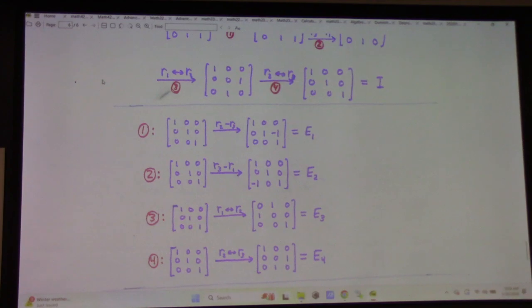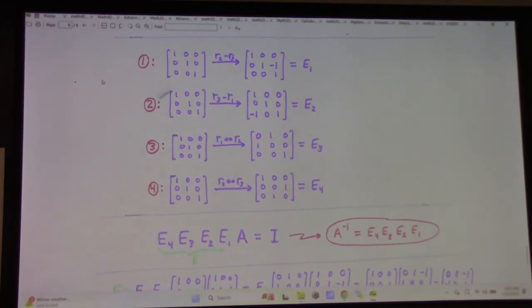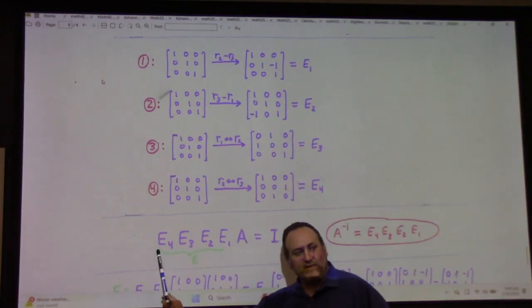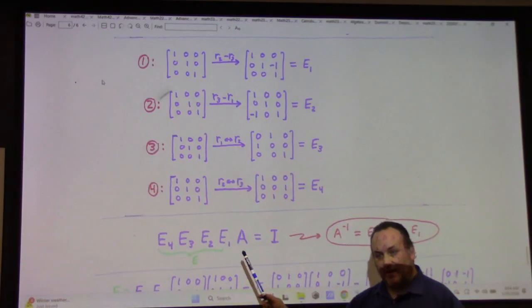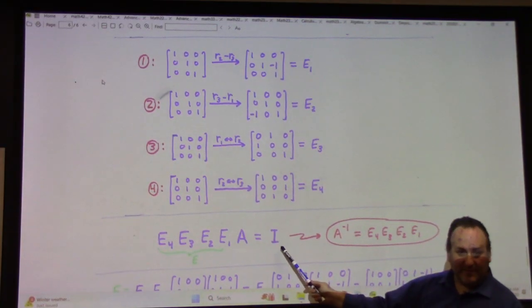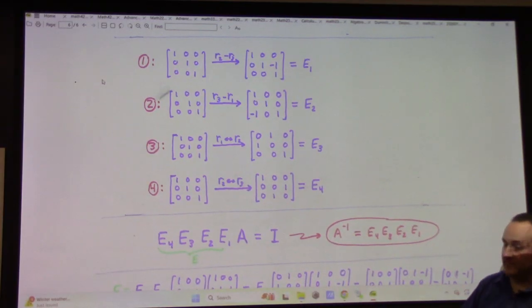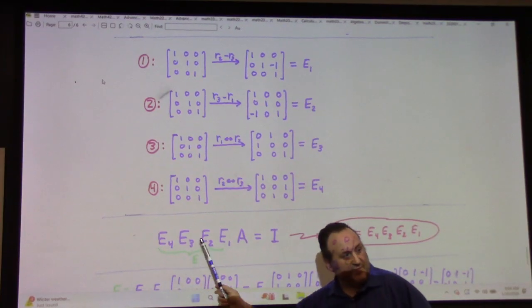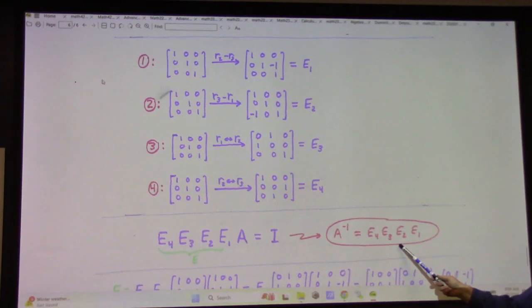All right? And so what that means then, if you follow me, is that if I multiply A first by E1, then by E2, then by E3, then by E4, that's the same as doing row operations 1, then 2, then 3, then 4, which takes me from A to the 3 by 3 identity matrix. But hey, what does this mean? This means that A is invertible, and that the inverse is in fact this left factor here that multiplies A to give the identity. In fact, this product of elementary matrices must be the inverse of A,